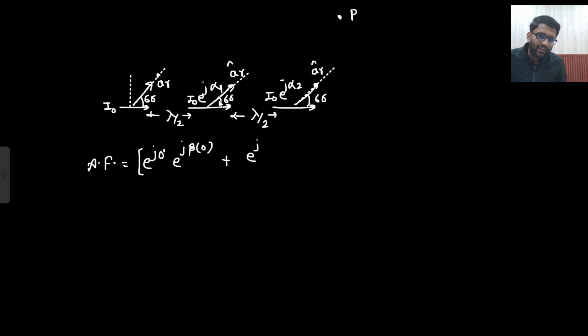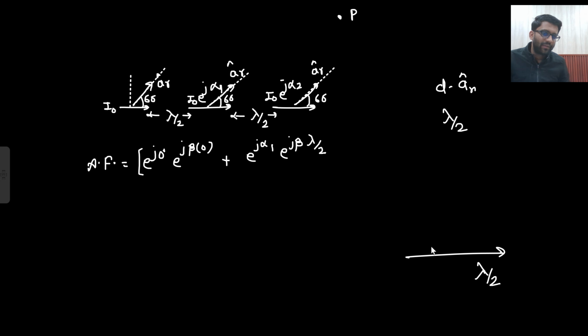Here what is the phase? Alpha 1, e to the power j. What is d? Lambda by 2. D dot AR. What you need to do? D dot AR. So lambda by 2 D dot AR. What is the angle? Cos 60. Are you getting this point? Why is the angle cos 60? Because this is my D. If you can show it clearly, this is my D vector, that is lambda by 2. And this is my AR vector. So the angle is 60 degree. I hope you are able to visualize. So beta D cos 60